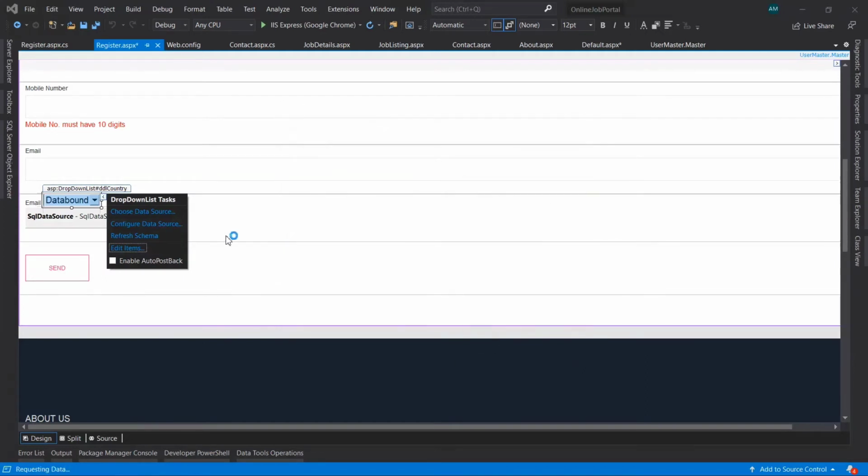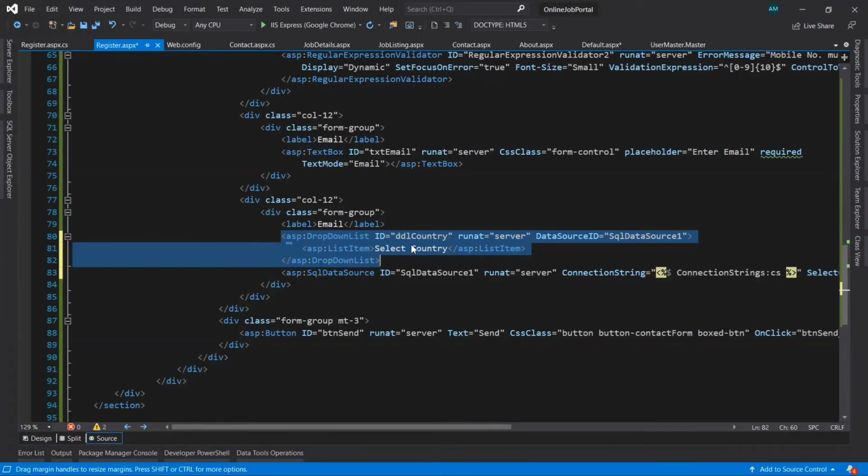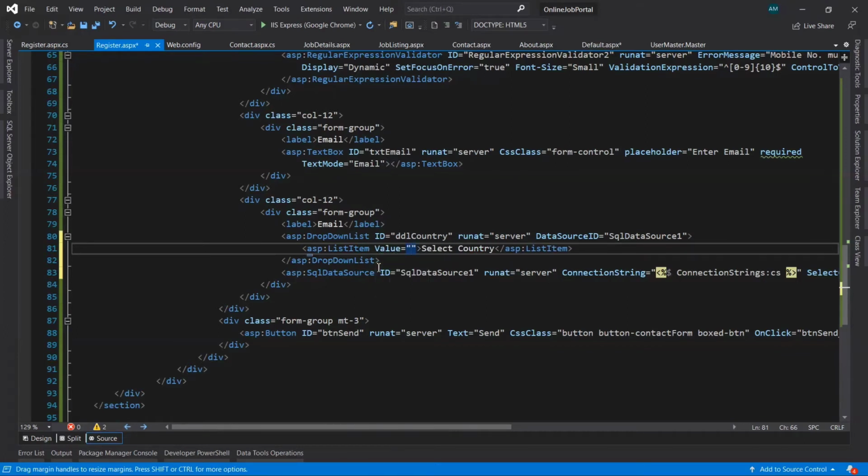Now let's go to the source. We can see the one list item Select country is there, and let's give a value to it. Value, let's say 0, because it's on the 0 index, so we'll take 0 for the value. Then all the country values will come after this Select country list item.